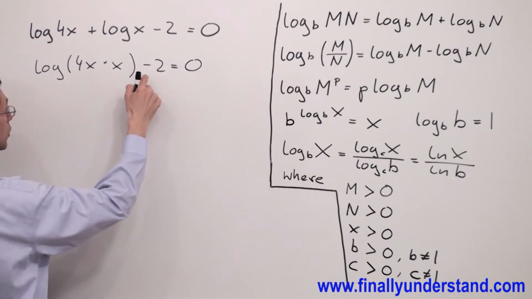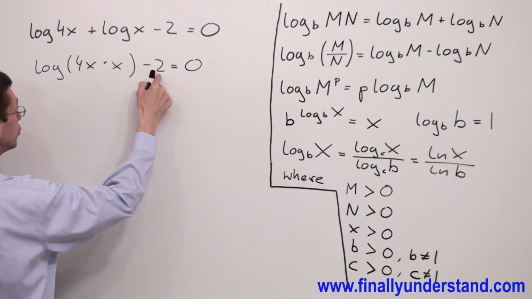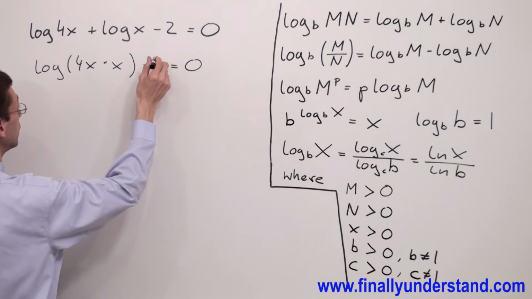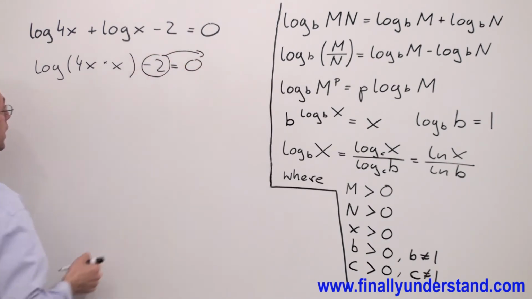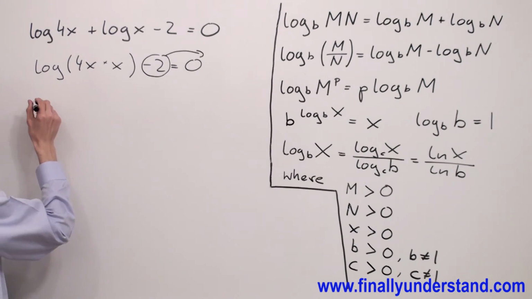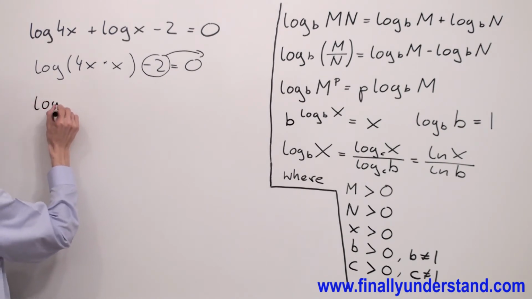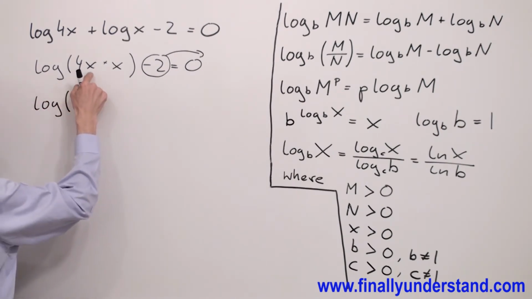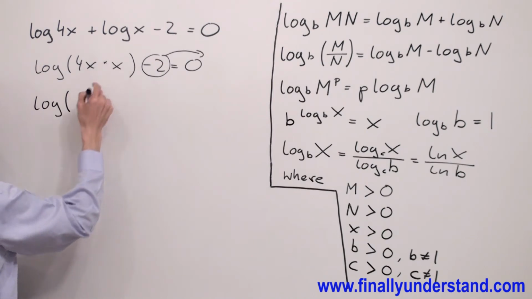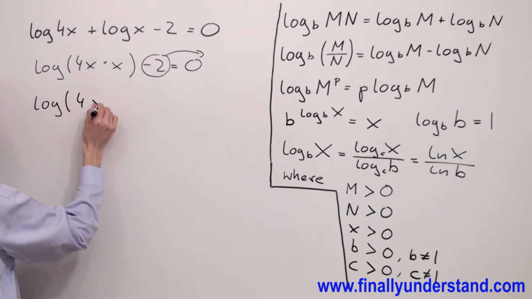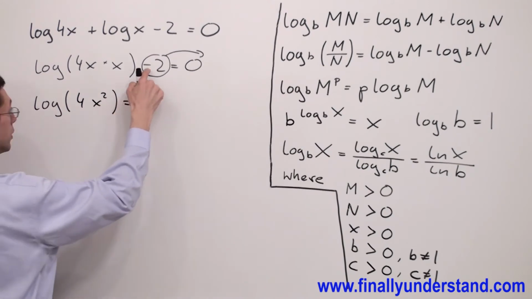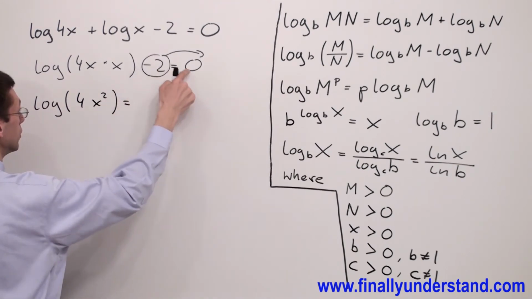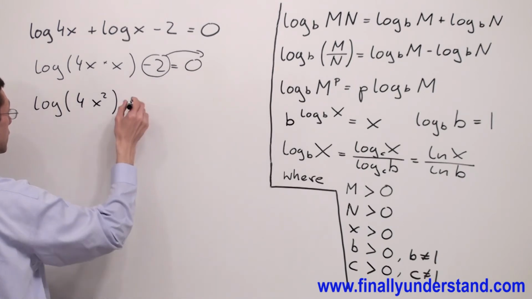Next, because negative 2 has no logarithm, I'm going to move it to the right side of my equation. And I have log 4x times x is 4x squared, which is equal negative 2 we moved to the right side, then this is